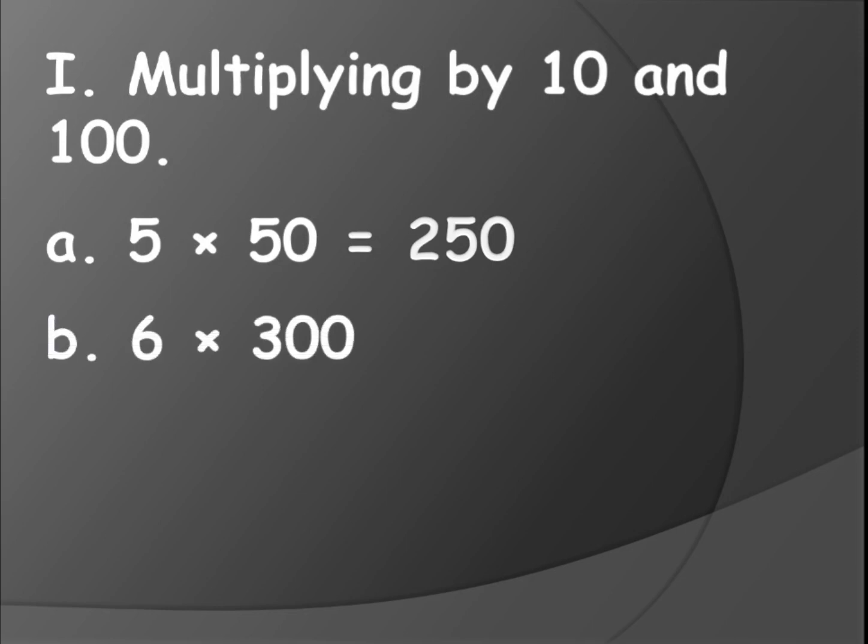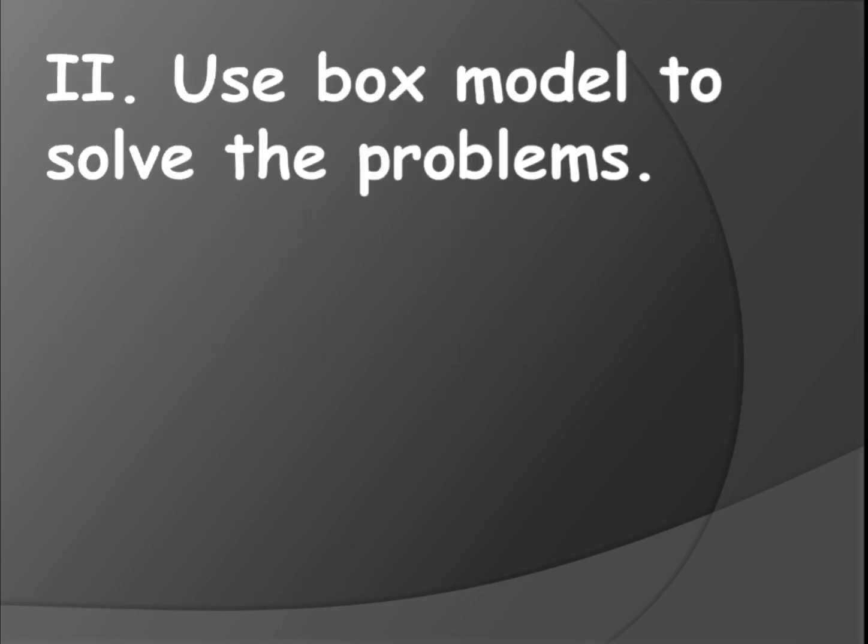Okay, let's see. 6 into 300. So for some time ignore the 2 zeros, then it becomes 6 into 3. So 6 threes are 18, and you have to write 2 zeros. Then it became 1800, isn't it? And you have to place the comma after hundreds, then that becomes 1,800. Okay, so in this way you need to solve the sums. Okay, let's see the next bit.